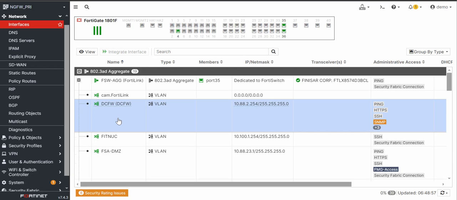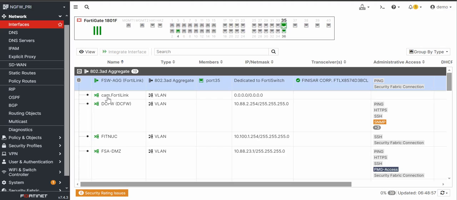See, in the aggregate, you can also create a virtual interface. A virtual LAN interface, when you configure this onto your FortiGate firewall, you can map it to a physical interface. You could also map it to an aggregate interface. In our case right now, if you look into this particular section, it says FSWAGG40 link. So if you click on view over here,